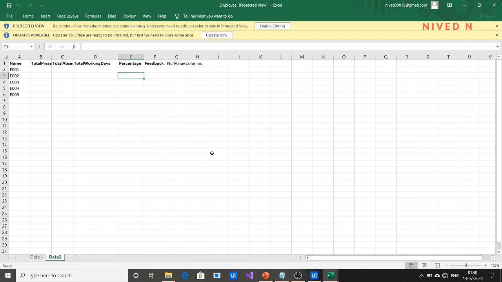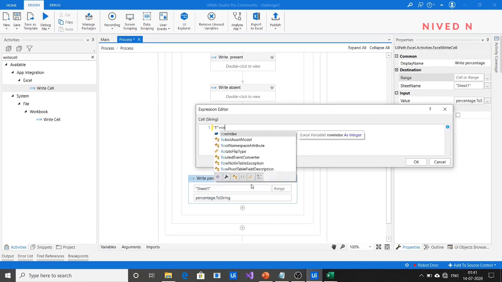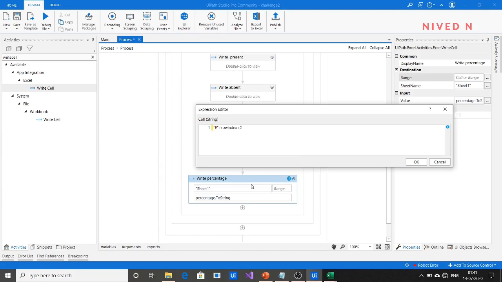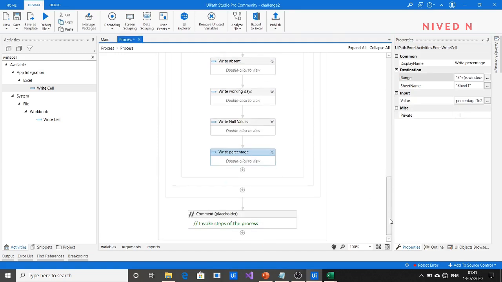Like that it should continue for all employees at the column E. So just specify the column name here as E plus row index plus 2 dot to string. Okay, so now we have specified the percentage also.